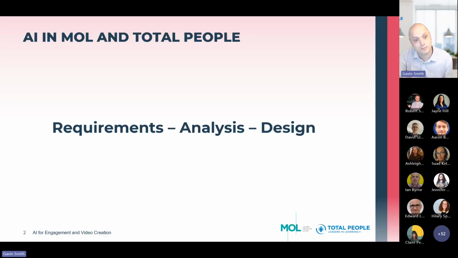Essentially, our approach to AI: we saw AI come in, and what we wanted to do was really look at what things can really help us and what problems we need to solve. So we went through a RAD design process where we looked at the requirements of what we need. There's lots of areas where AI could improve upon what we do, but which ones can we take forward, because we can't do everything.